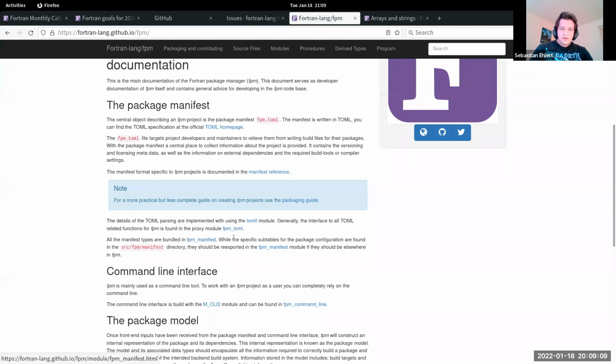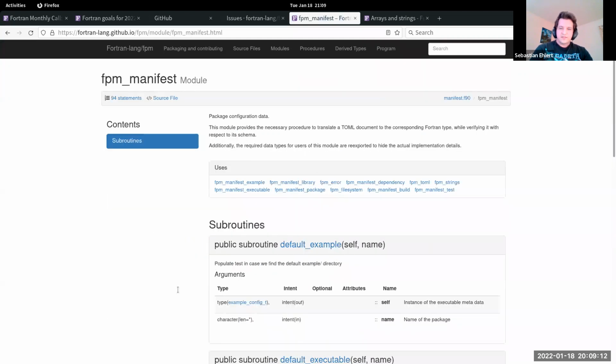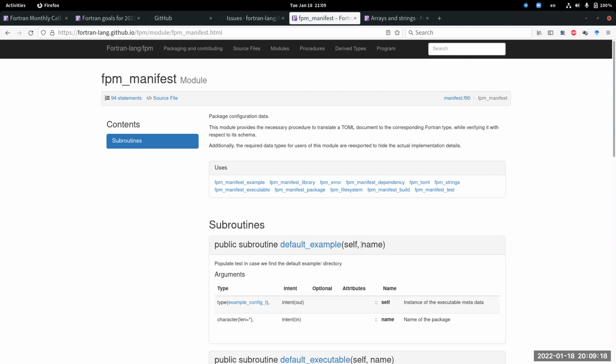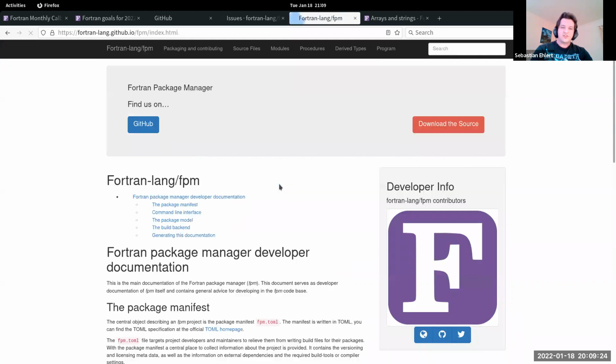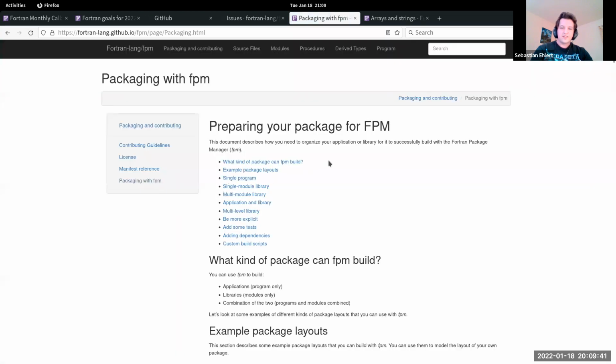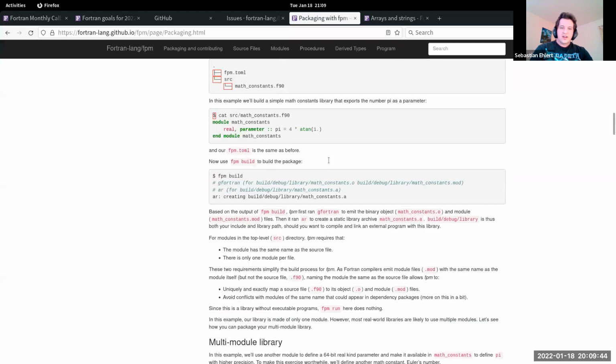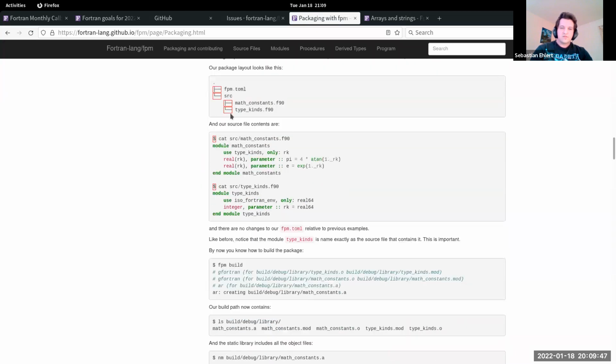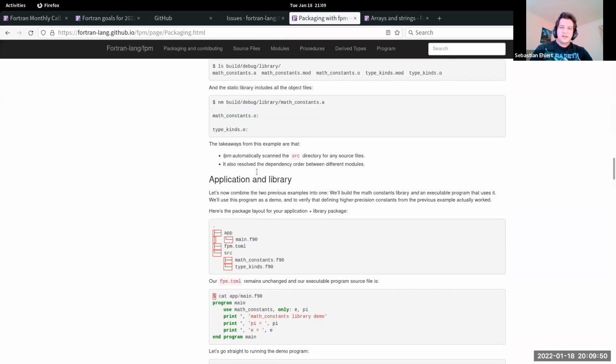Then, of course, this is suitable if you're a developer. Then this will help you a lot learning about FPM, as well as looking into the code. But if you're a user and you arrive on this page, I think this doesn't really help you at all. And I guess we put the packaging and contributing here. And then if you're searching, then you will find the manifest reference. Here's also the packaging guide, which we had. And then you get one guide. But apart from some formatting issues here, this is kind of hidden.